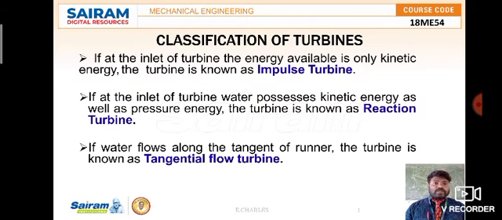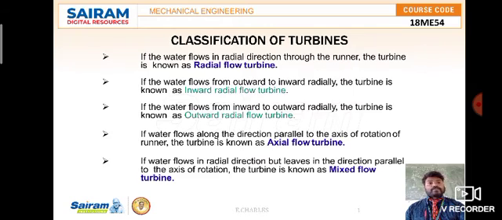Some more information on this classification of turbines: if the only energy available at the inlet of the turbine is kinetic energy, the turbine is known as an impulse turbine. If at the inlet the water possesses kinetic energy as well as pressure energy, then the turbine is known as a reaction turbine. If the water flows along the tangent of the runner, then the turbine is known as a tangential flow turbine. Next, if the water flows in the radial direction through the runner, then the turbine is known as a radial flow